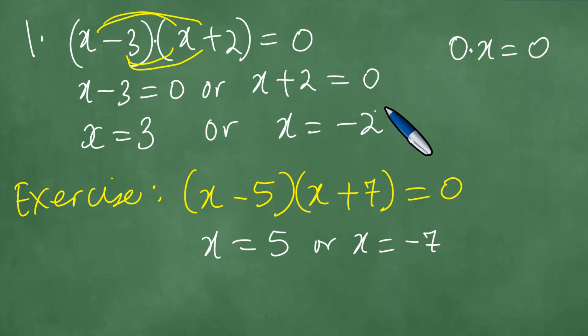So in other words, if we multiply these two things and the result is 0, it means that either the first one, x minus 3, is 0, or the second one, x plus 2, is 0, or we're multiplying 0 by 0, because 0 times 0 is 0. So either the first is 0, or the second is 0, or both are 0. But that is taken care of in the